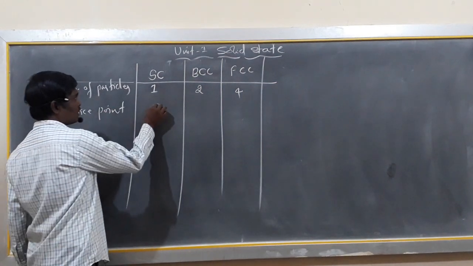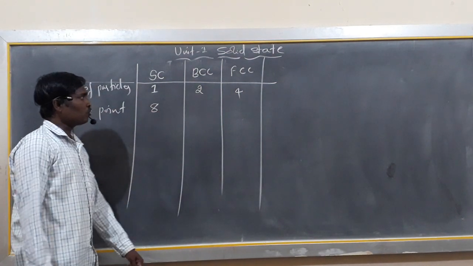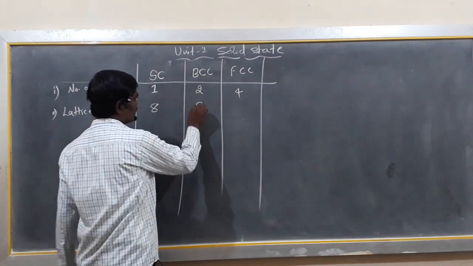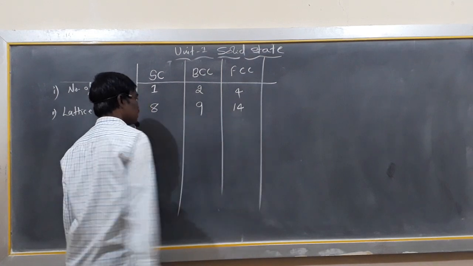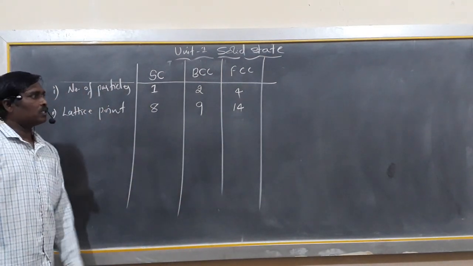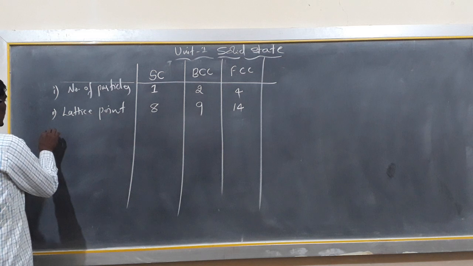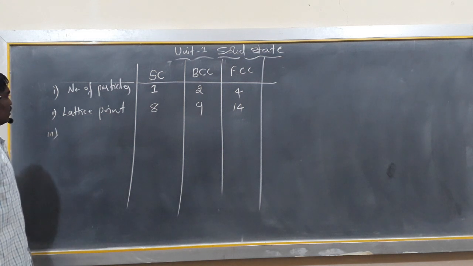Lattice points in SC: there are 8, the 8 corner particles. In BCC, the lattice points are 9: 8 corner and 1 body center. In FCC, there are 14: 8 corner and 6 face center particles. And the third one is about